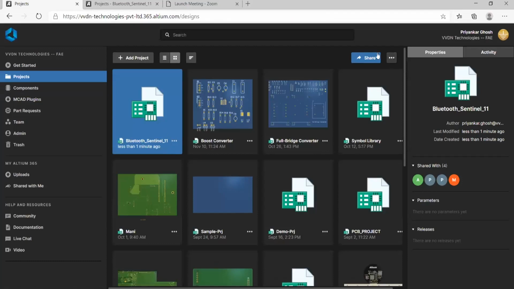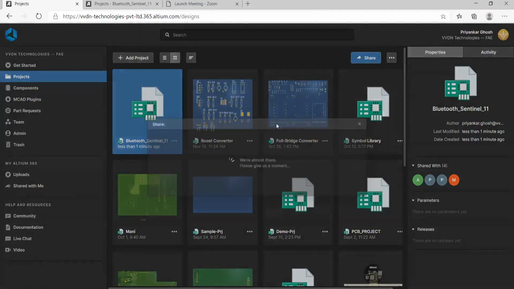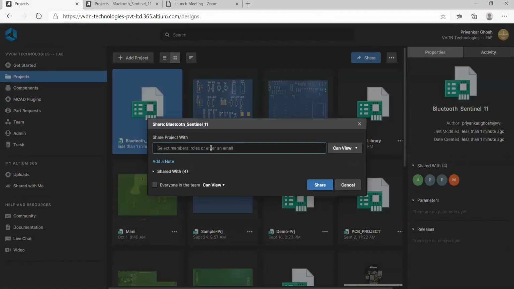From the web browser we can also share, if you want to share with any team member. Here you can type your team member's email ID and we can share it, and there is a sharing option also: he can view it only, or he can edit it. Okay,